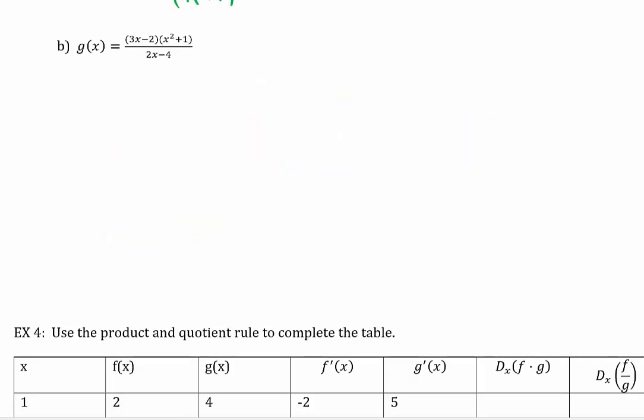Here's another quotient. In example 2b, my u, my numerator, is now 3x minus 2 times x squared plus 1. My numerator is actually a product. And my denominator is 2x minus 4. You've got some options here to find the derivative. If you want to FOIL out the numerator, you can definitely do that. You can multiply those things out and then find the derivative. Or you can use the product rule. I am going to use the product rule